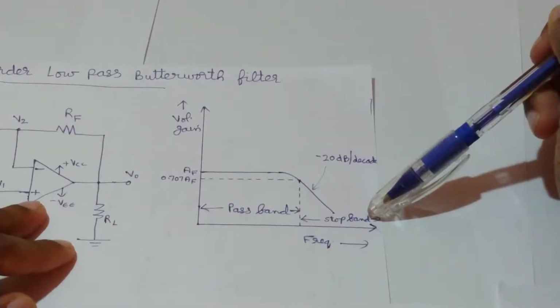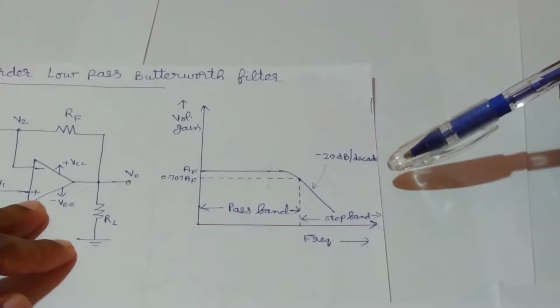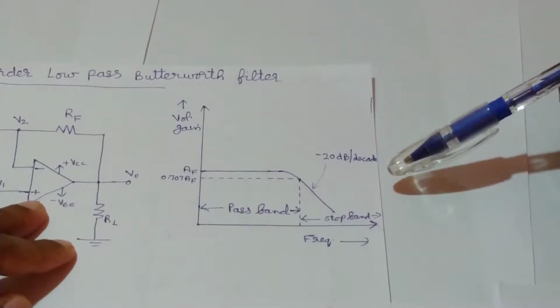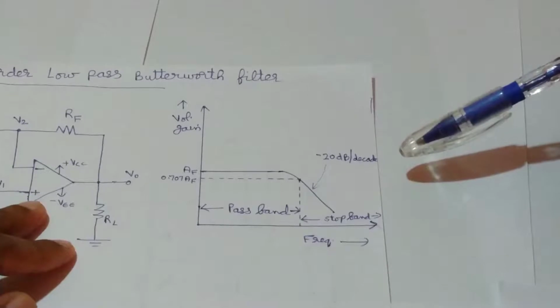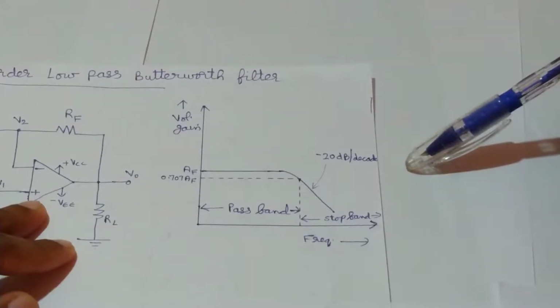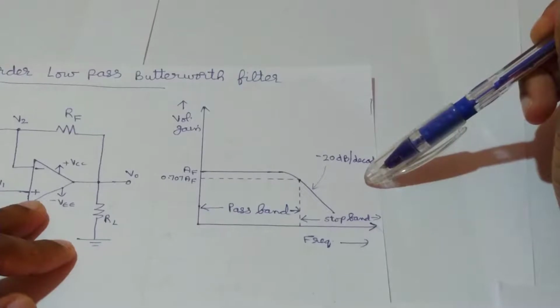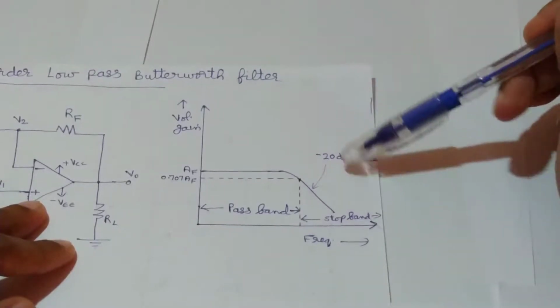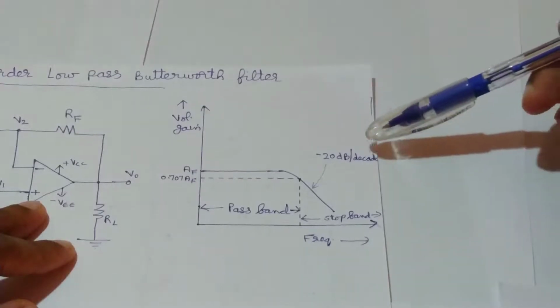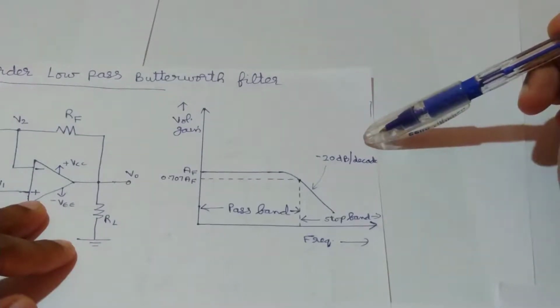That is, when the frequency is increased tenfold or 1 decade, the voltage gain is divided by 10. In other words, the gain decreases 20 dB or 20 log 10 each time the frequency is increased by 10. Hence, the rate at which the gain rolls off after fh is 20 dB per decade or 6 dB per octave, where the octave signifies a twofold increase in frequency.